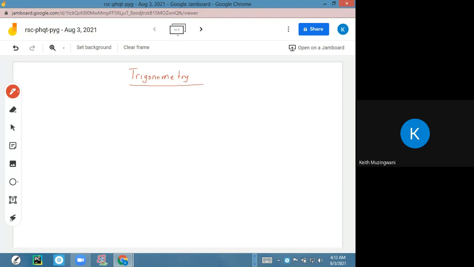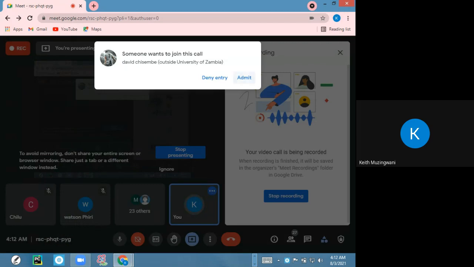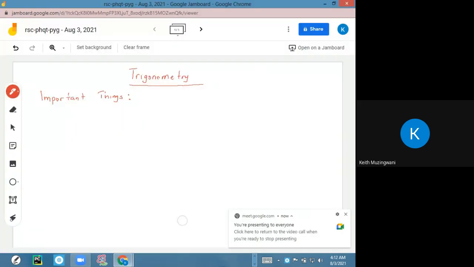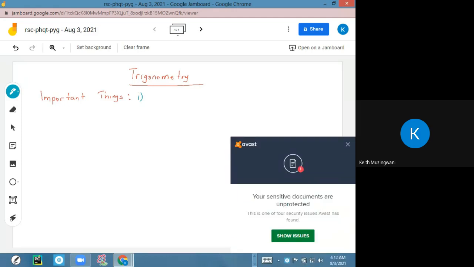So first things first, you need to put a reality here. Important things that we are going to deal with. So we'll have one. When you are studying trigonometry, one thing you should know is